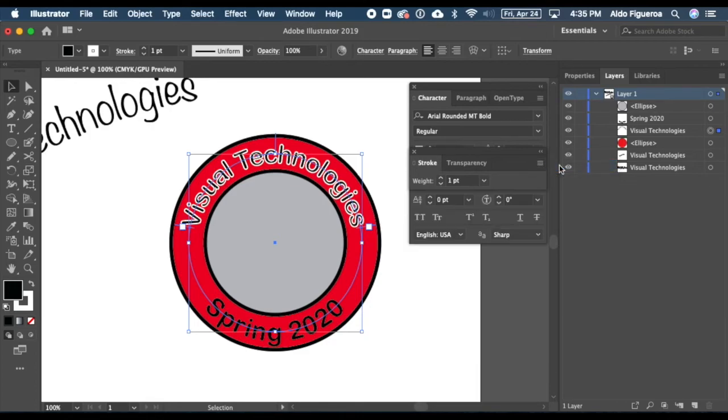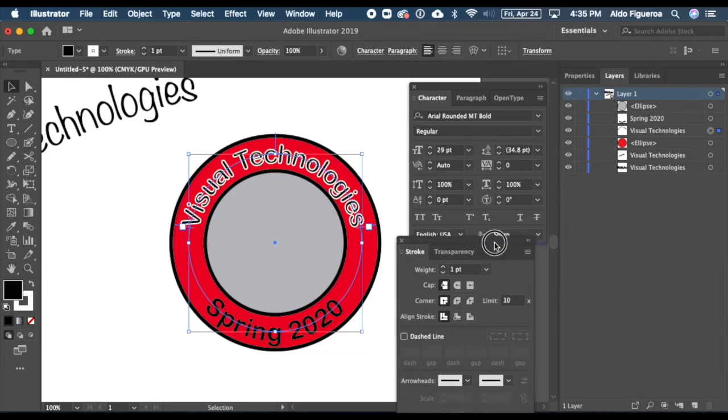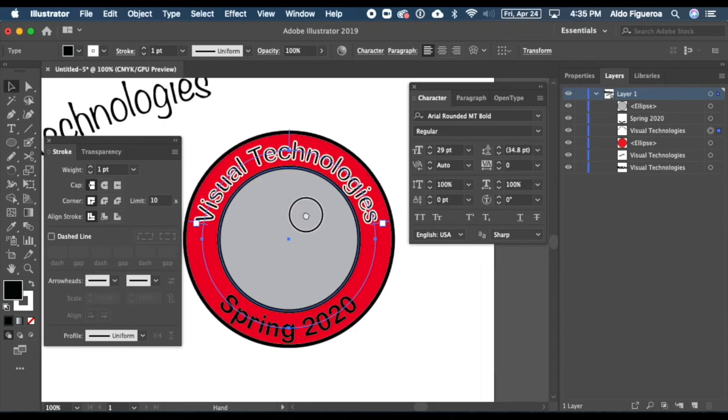Oftentimes, I'm going to hide these options, so you might just be presented with this. If you just click on this, show options, it gives you more options on how you could define how the outline is going to be placed. If you notice right here, align stroke, it's either baseline to the center, inside, or the outside. If I want these to be applied on the outside, notice that as I click,